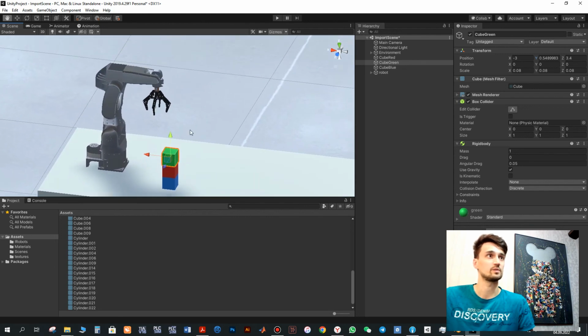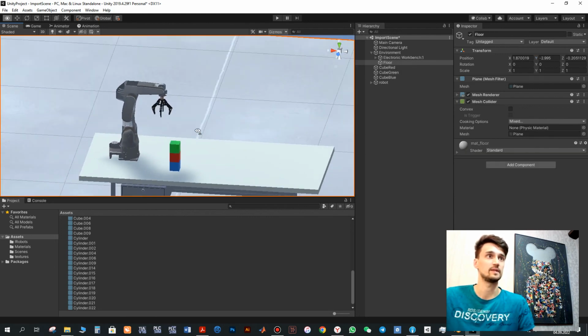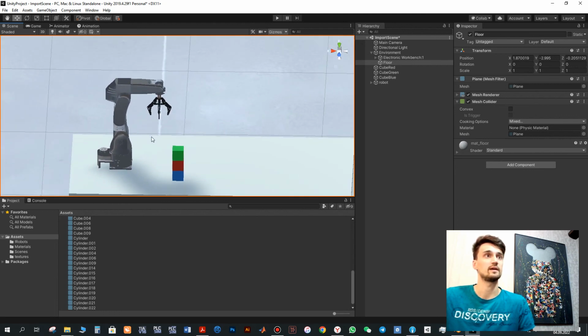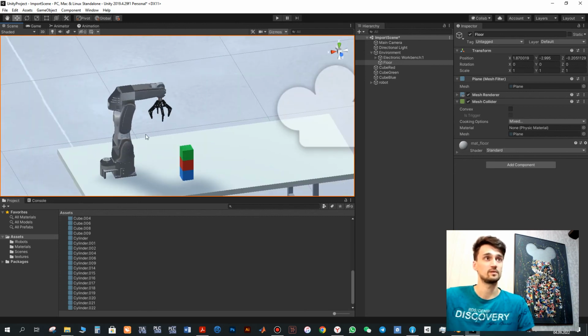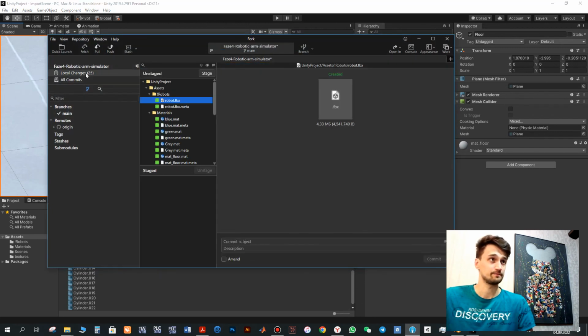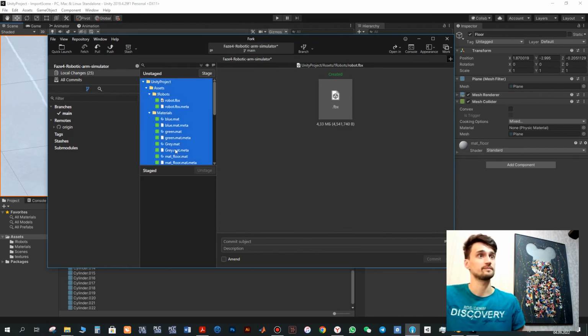So we finished with the environment, and next we'll consider the programming things, the communication between Unity and MATLAB. How we can control this robot with the MATLAB. So for now I need to save the scene, and also in order to not lose these files, I will stage them